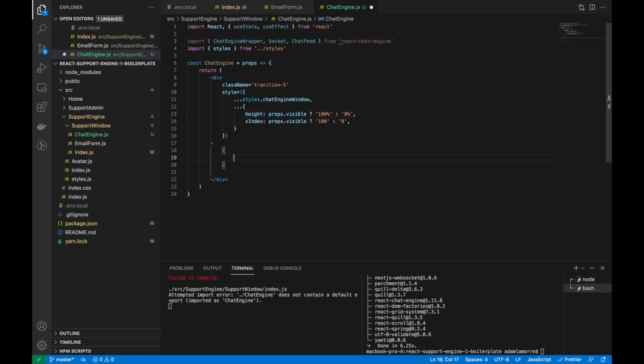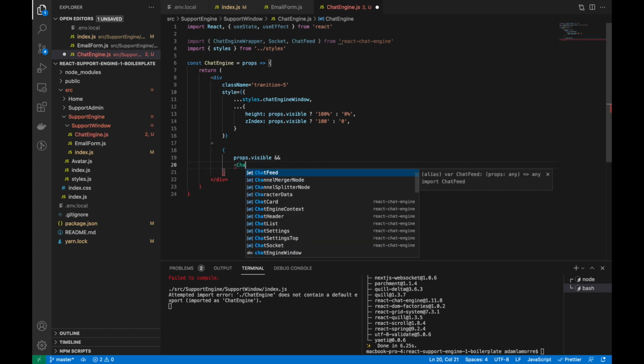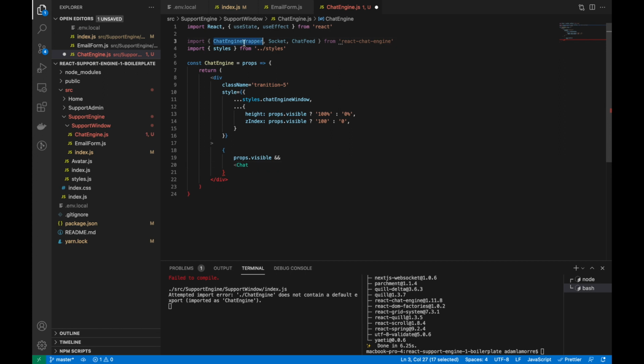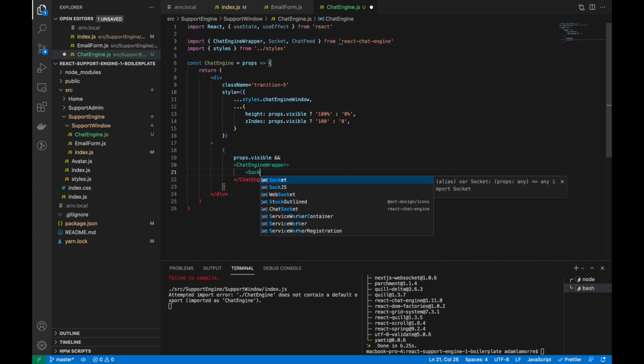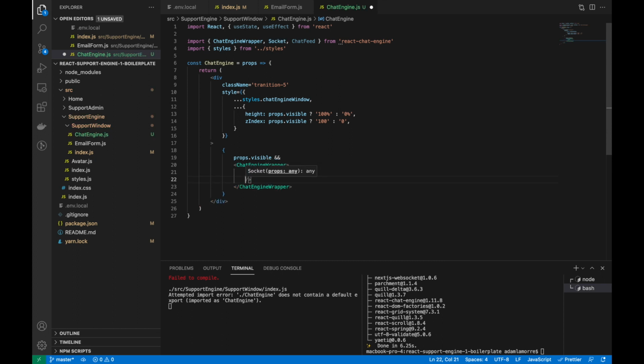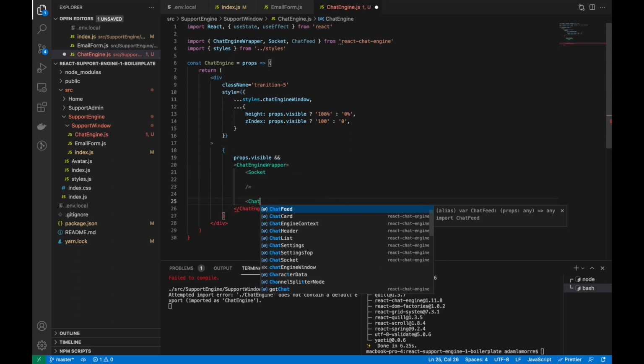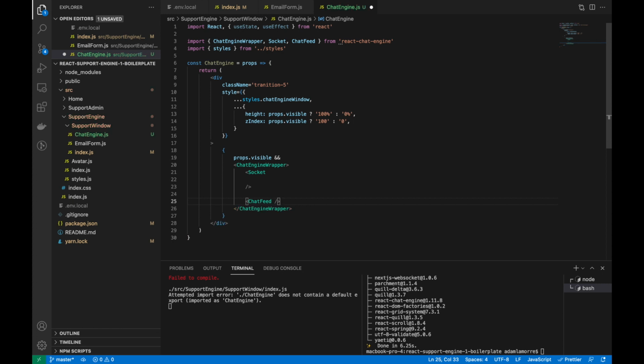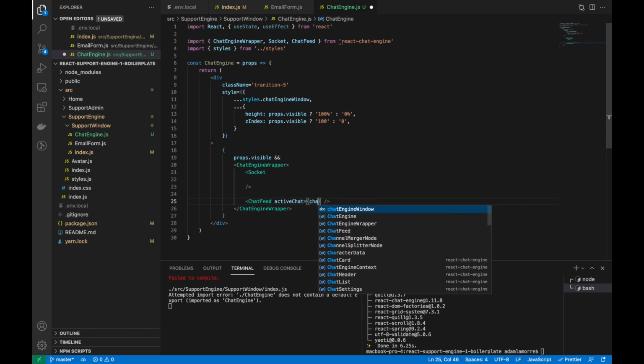The next part is we basically want to render all this stuff if props.visible. And what we're going to do here is the chat engine wrapper. So I'll just pull it in because it's a lot to type. And then within it, we're going to pull in the socket. And we're also going to pull in the chat feed. Okay. So for this, we need to set the active chat to that chat's ID. So active chat is equal to chat or